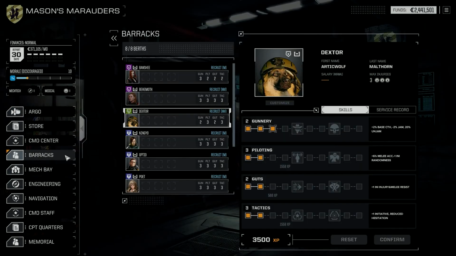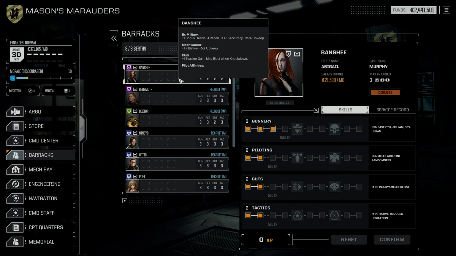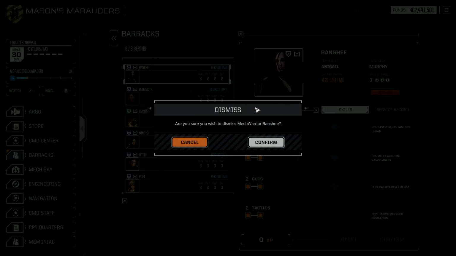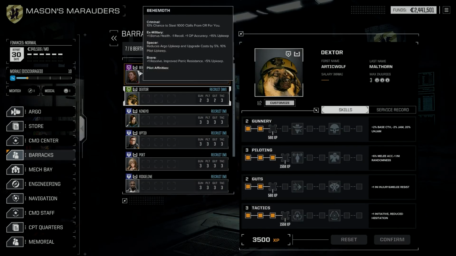And I got some people I want to scrap. I think Banshee was one of them, right? I'm here. Yeah, I don't like this whole may eject when knocked down thing. Because if I eject, I lose a mech. So you're out. Goodbye. You are the weakest link. Now I think